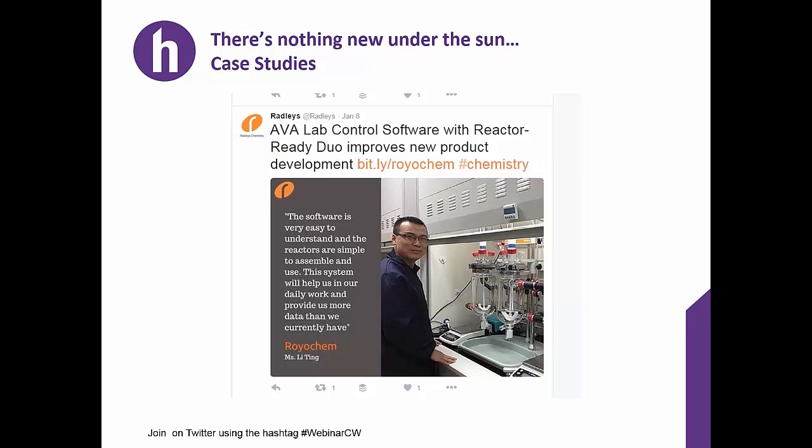In this, notice they're talking about their new case study. Notice as well 3 things. The first thing is they are using a bit.ly link, which is a URL shortener that takes a great big long web address and reduces it down to a minimum number of characters, because you want to make best use of the available space when you're sending out a short, brief little tweet. Notice as well that it's using a hashtag.